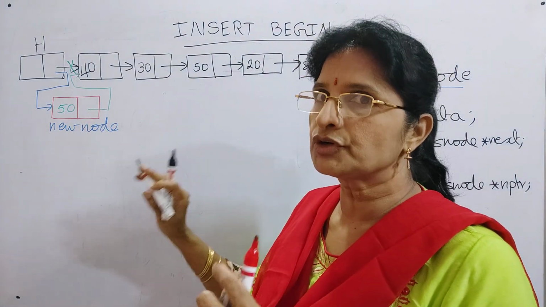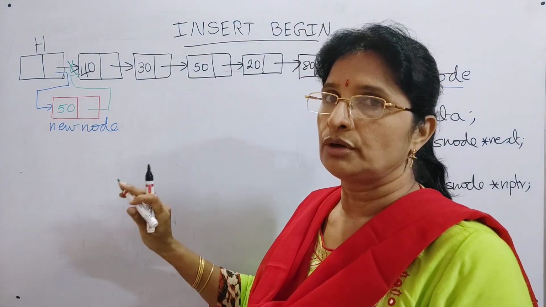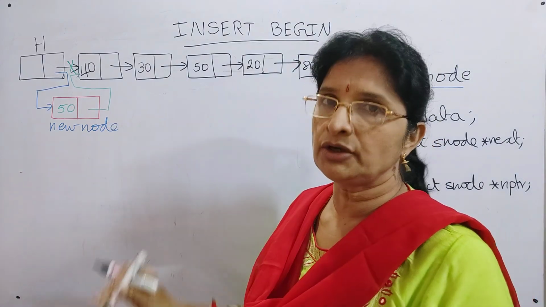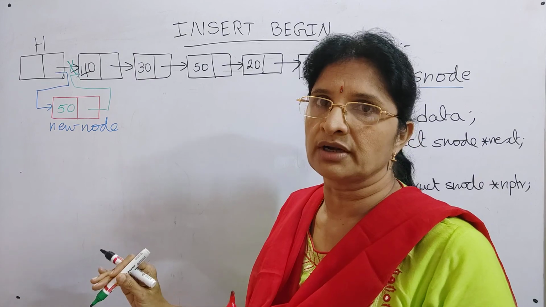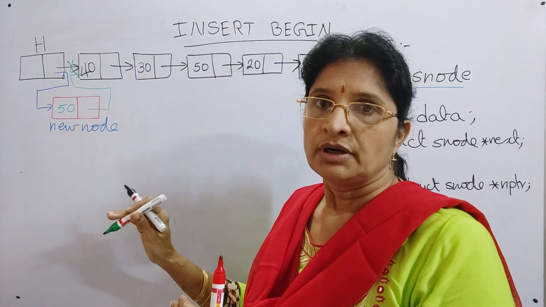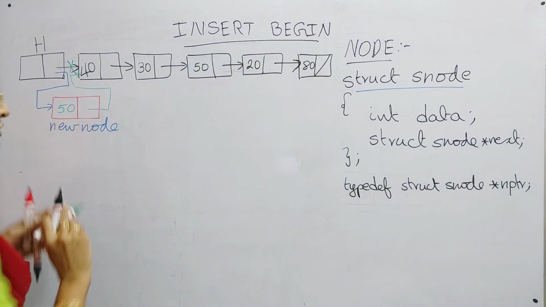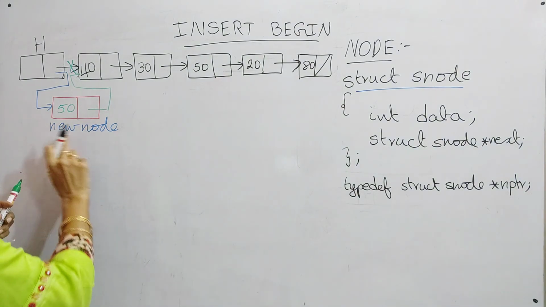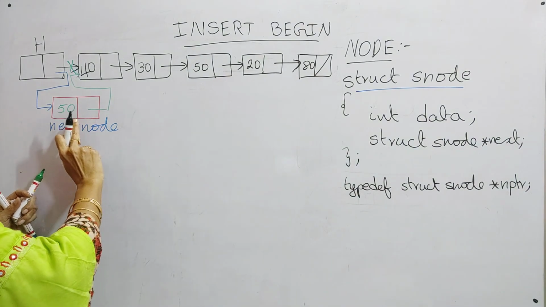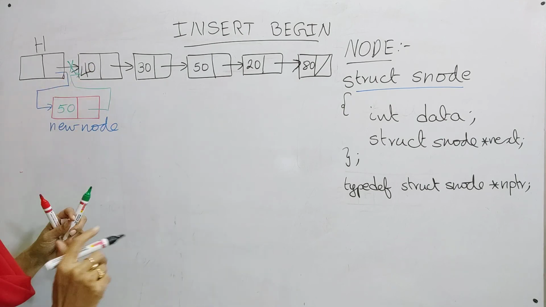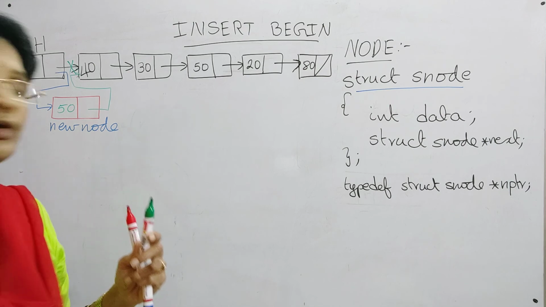First of all, you should understand how to do these things and in which order you have to do them. That is very much important in the case of data structures. Okay. So first you have to create the node, then put the data in the data part, and then adjust the links. Now we will see how to write the function.